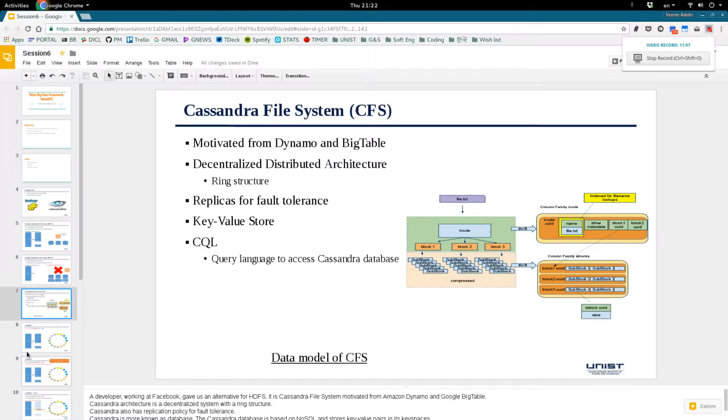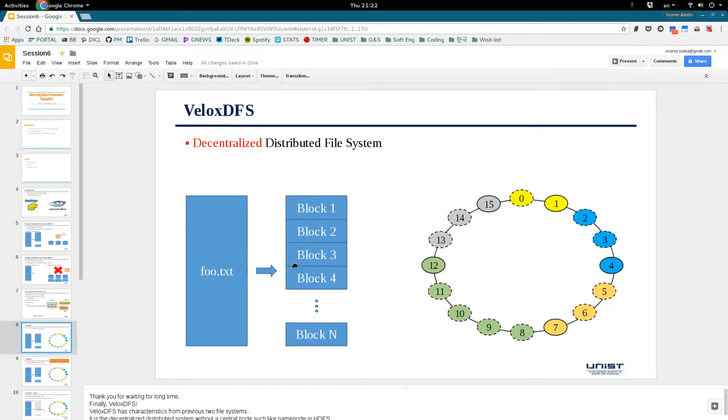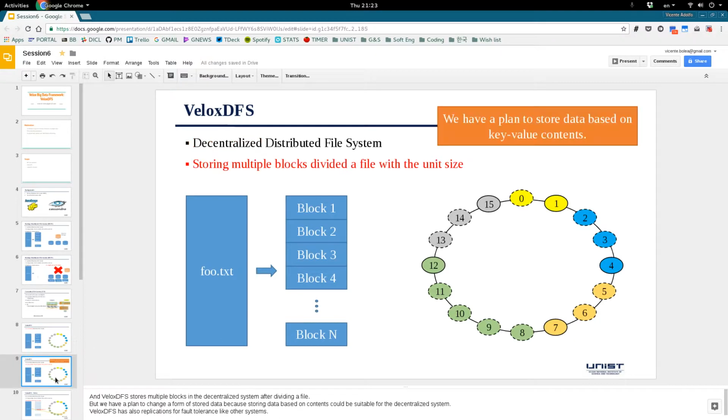So our Velox DFS is very similar in the way that we separate into blocks to HDFS or Google File System, but we are totally decentralized. So we don't have a master. As you can see, all of them are connected in a ring manner, but there is no master. The ring manner is more, how can I say, we couldn't make a mesh, but if you think about it, it keeps it simple, right? So the idea is that